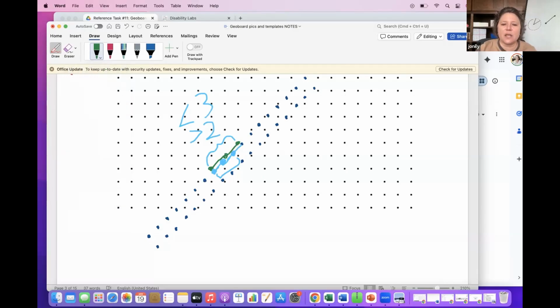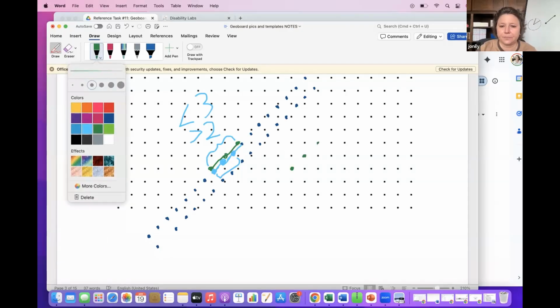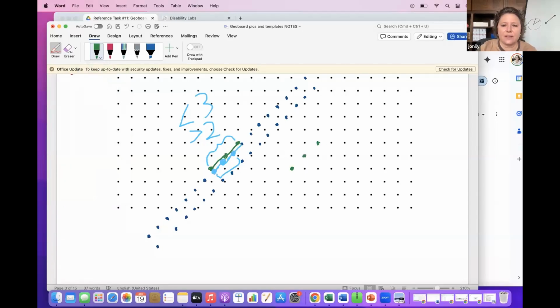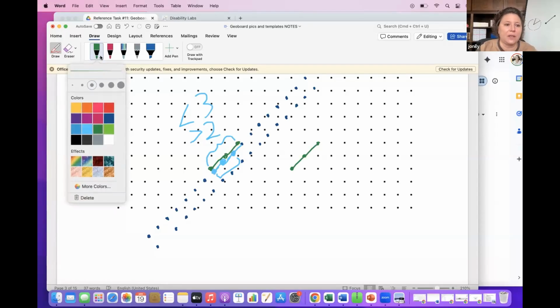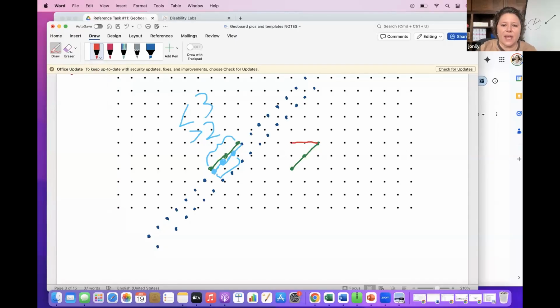Now, before I have Cheri talk a little bit about precision and accuracy from her perspective, I want to go back to this diagonal line and show a different perspective of this diagonal line. This diagonal line is actually the diagonal of a square pizza. Oops, I want the green, yes. So if I draw this diagonal again, and I connect these dots, we know that the length is not 2. Kids need a lot of experience with that. But if I draw the square that is surrounding this diagonal,